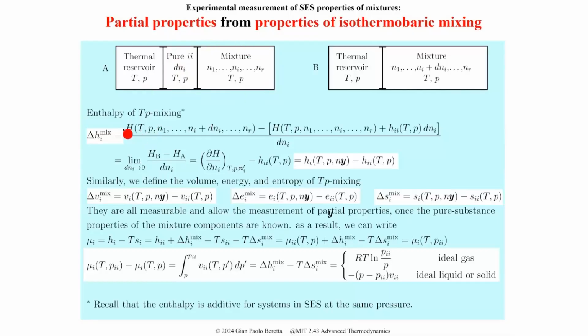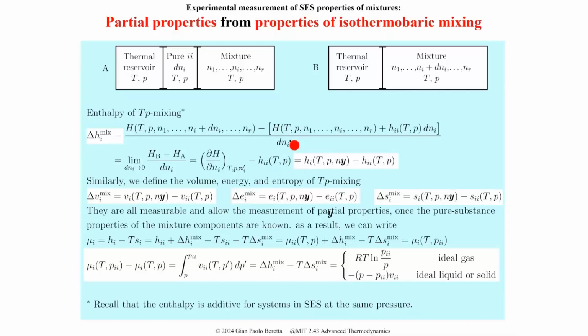Okay, so this is for the mixture in the final state. The amounts are the same, but the amount for the constituent I is n plus dn. This is the initial, where in the mixture I just have ni, and the dni is separate from the mixture, so it contributes with its own enthalpy of the pure constituent through its specific property of the pure component. And notice that usually,